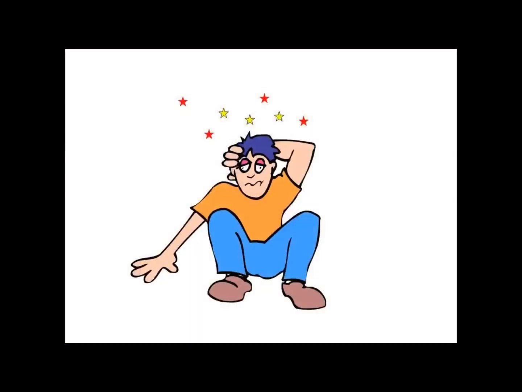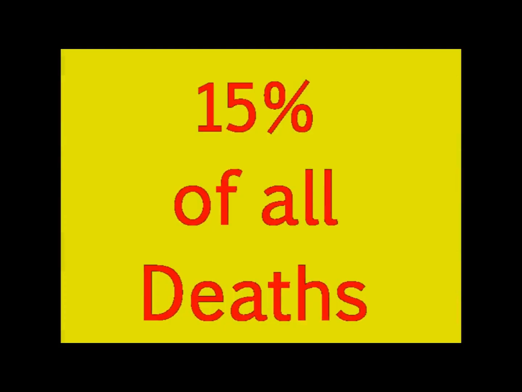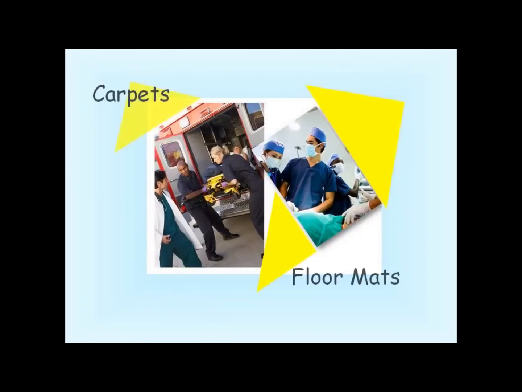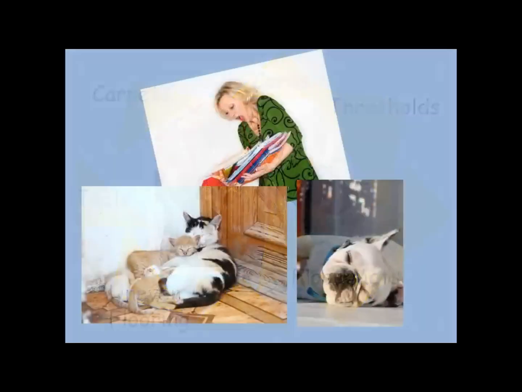If you're lucky, you'll walk away with a few bumps and bruises, but for the not so lucky, falls result in 15% of all accidental deaths and are second only to motor vehicles as a cause of fatalities. What did you trip over the last time you fell? People tend to trip over things that we see all the time but don't normally notice. Things like a slightly curled up edge of a carpet or mat, extension cords, uneven walking surfaces like cracks in sidewalks or other walking surfaces, thresholds in doorways, tools, even those cute little pets snoozing in doorways cause hundreds of